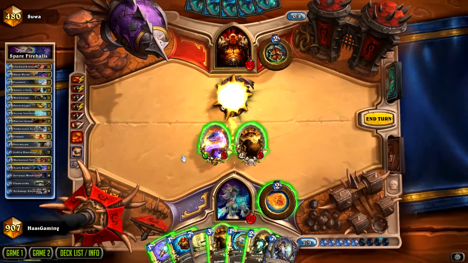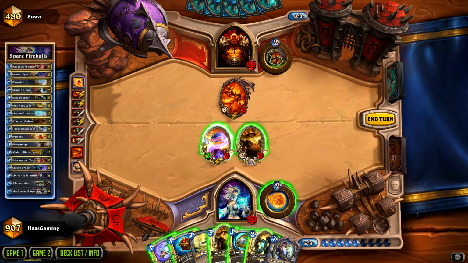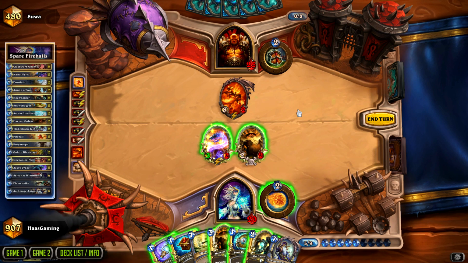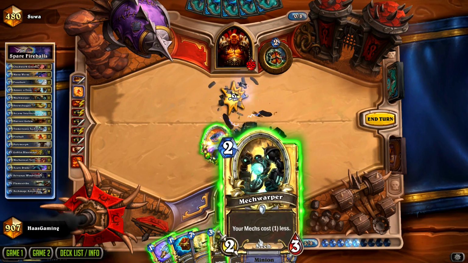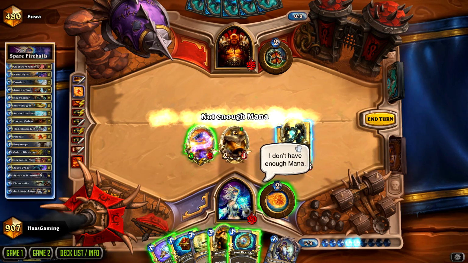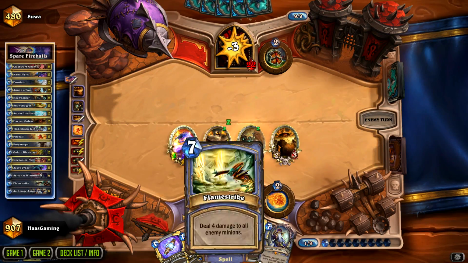And then I think we're going to hit him with the Harvest Golem. And then probably play Mech Warper and Harvest Golem after that. So he might Brawl in that case. I think that's fine though, if he does that. If we can lure out a Brawl here, that's actually great, because we have Archmage and Antonidas. So let's just play these two. We can't ping him with a Fire Blast, sadly, but...